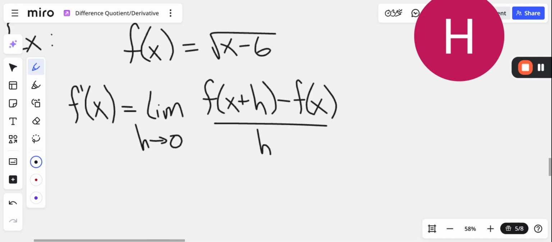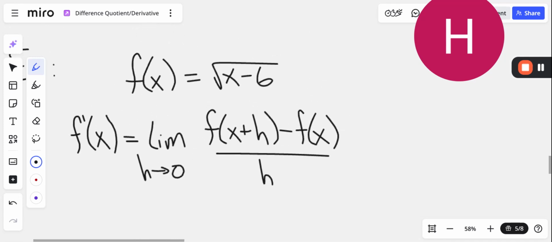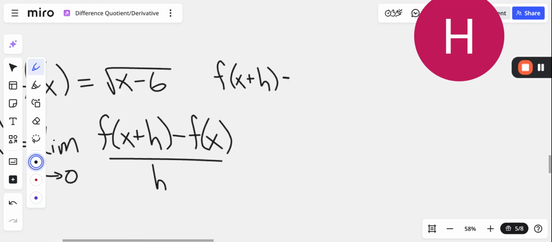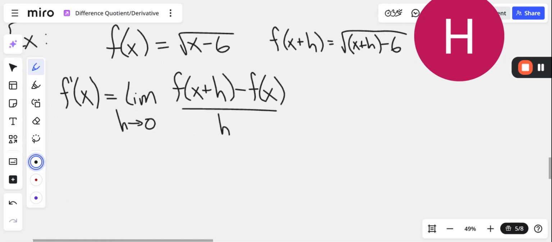Okay, but what is that going to look like for this function? Well, we already have f of x. If you just plug an x in, that's what you get. But what is f of x plus h? Well, all you have to do is plug in x plus h instead of x. Like that. Okay, so really we're trying to find the limit as h goes to 0